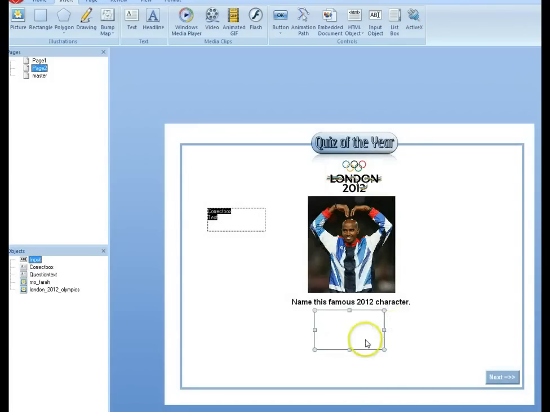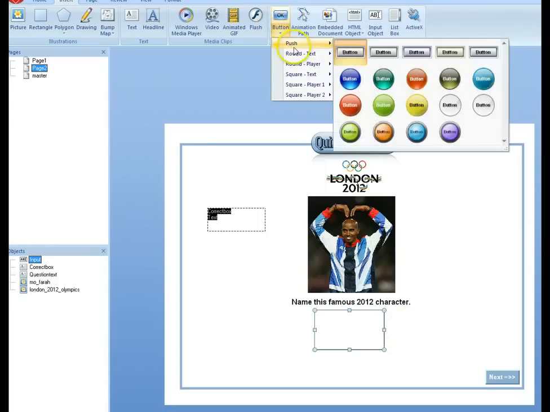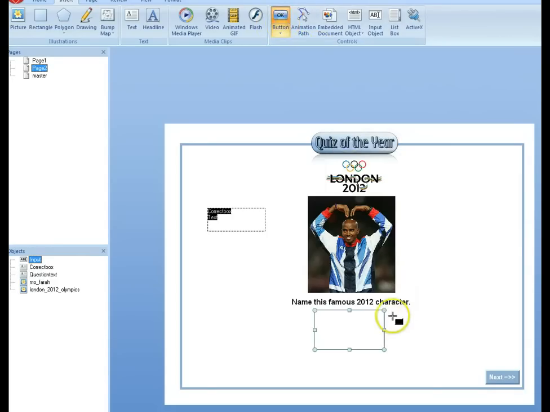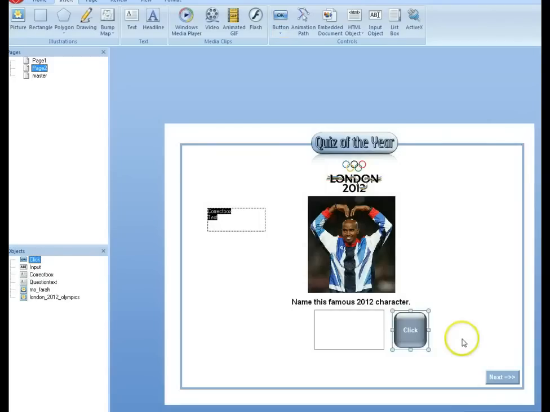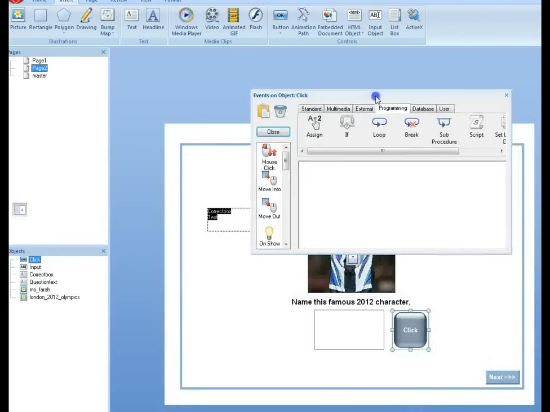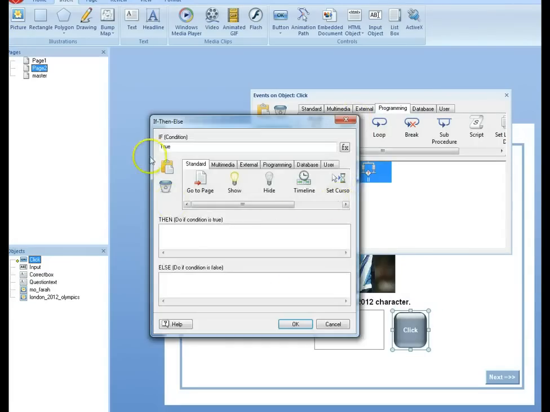Now, the computer isn't going to keep on looking for that little box. We need to give it the chance to know where to look. So let's go to a button, and let's simply get a button in place there, and just ask it, click. So your user is going to be expected to click here. And then when they click here, the computer is going to look. Okay, so when they click, the computer is going to look to see if in the